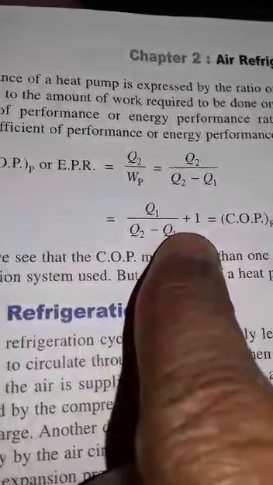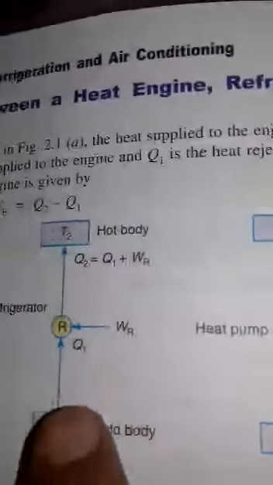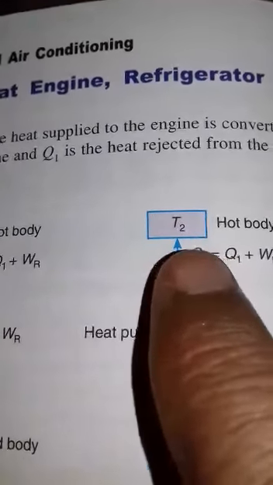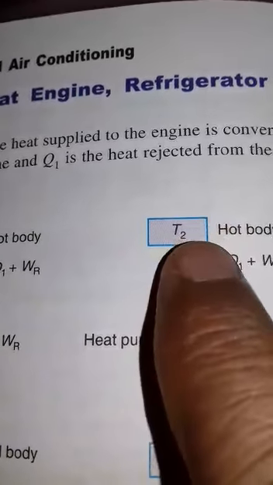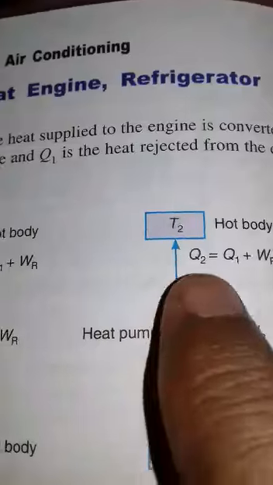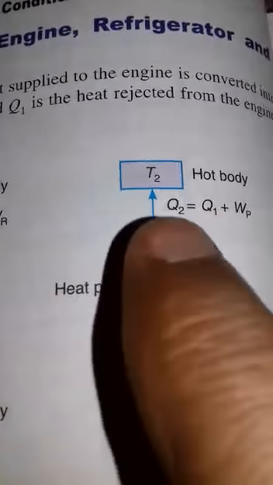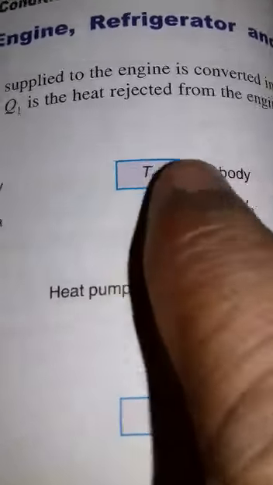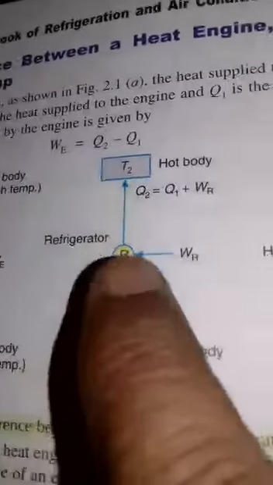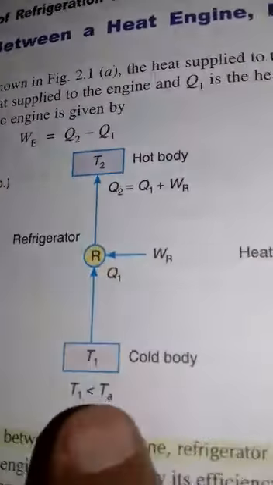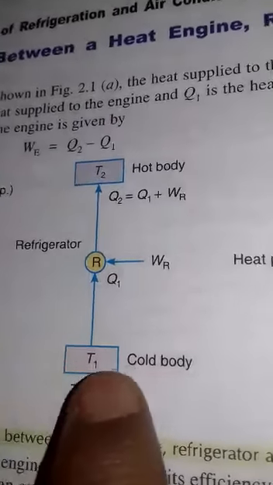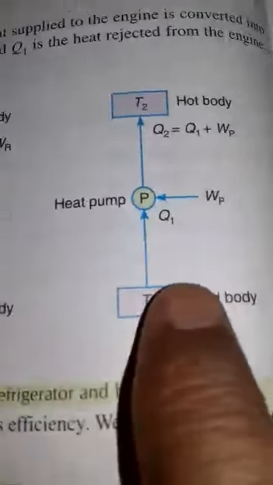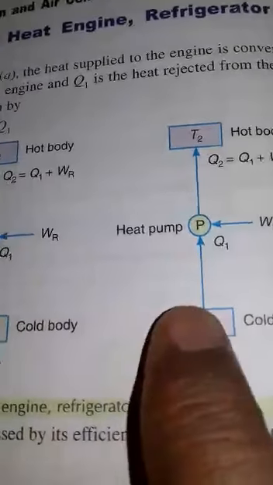In refrigeration we are utilizing the lower side of the temperature, and in case of a heat pump we are utilizing the higher side of the temperature. So it is being used for heating. In the winter we are using it because we get the higher temperature, so we can heat the room with the help of heat pump. While in summers we use refrigeration, so we can get the room cooled with the help of refrigerator. But these two, refrigerator and heat pump, are interlinked, are interrelated with each other.